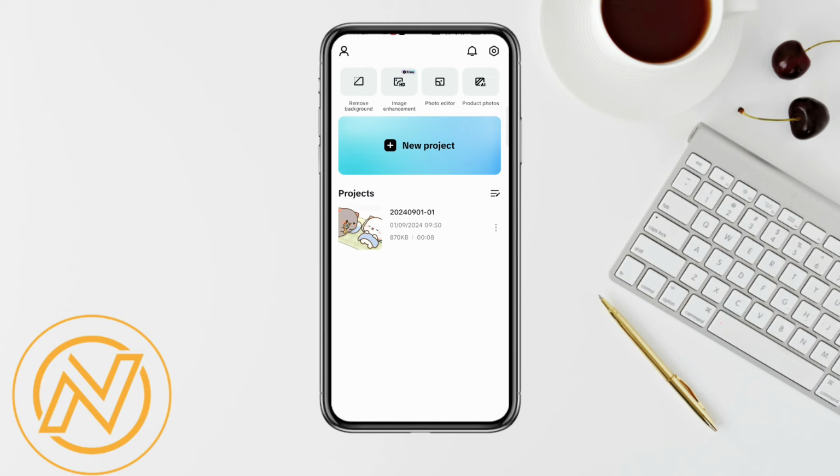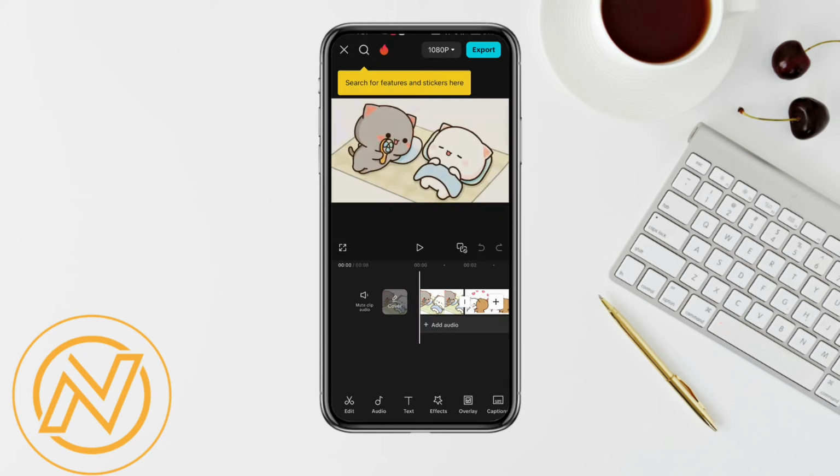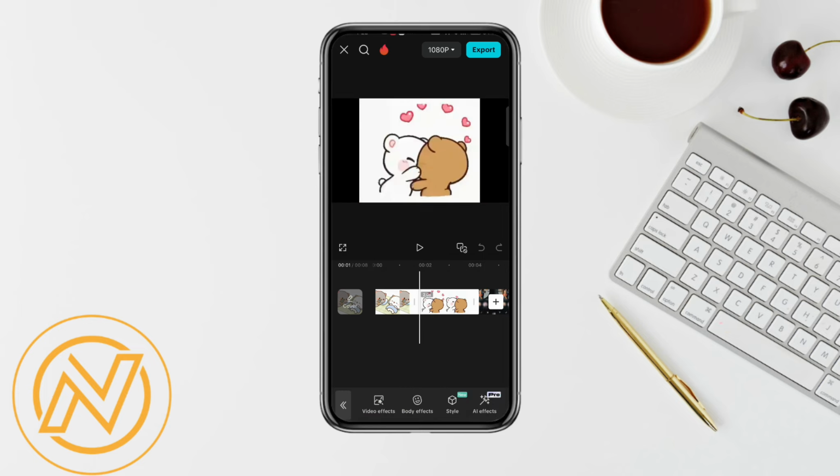So basically just simply open the CapCut application on your device, and after that just start a new project or the existing project, whatever you want to edit in CapCut. And as you can see, I don't see any problem which says you are using Pro Feature in my account. But if you select a Pro Feature, for example you are using any Pro Feature in your CapCut